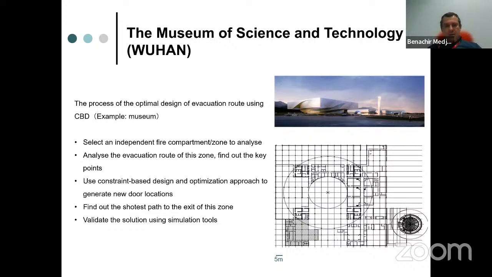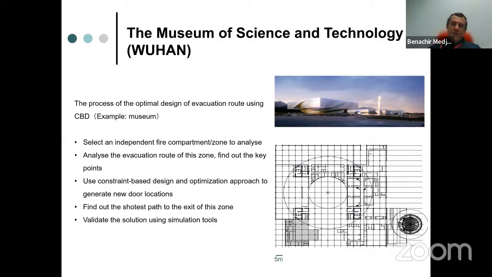Following that, we developed a methodology. My presentation will focus mainly on this zone, but we have done the work for every zone. First, we ran a crowd movement simulation using different models to see roughly what the evacuation time is as it is. Then we used a technique called constraint-based design, which sits between artificial intelligence and operational research, and allows you to model a problem using constraints.